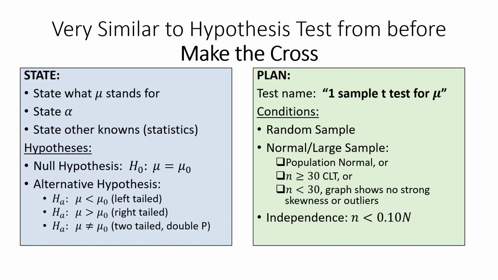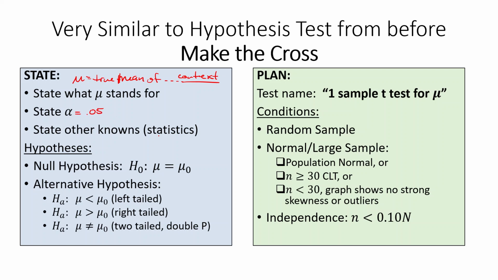We start by making the cross, just like we do for all the other hypothesis tests or confidence intervals. We put the big cross on our paper, and then we fill in the state section. We state what mu stands for, and it's always going to be the true mean of something. So we would write mu equals the true mean or population mean of, and then we put the context in here, always. Then we state what alpha equals, maybe 0.05 or whatever else they give us,